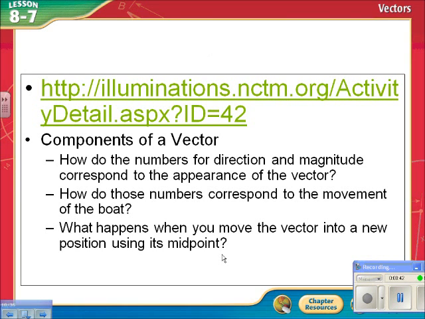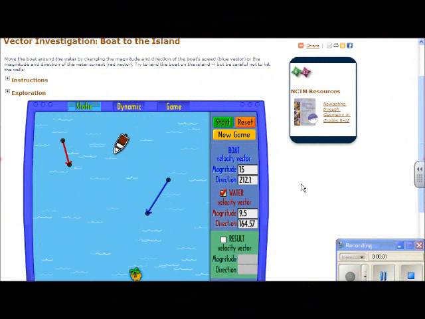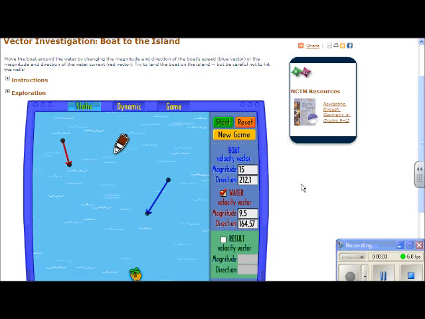So there's a great website that really shows you what vectors are. It's listed on this page. And we're going to use the website to answer the questions about components of a vector. How do the numbers for direction and magnitude correspond to the appearance of a vector? So this is a vector investigation of taking the boat to the island. What you notice here is this is what a vector looks like. It almost looks like a ray, except it has a starting point, but it also has a stopping point where